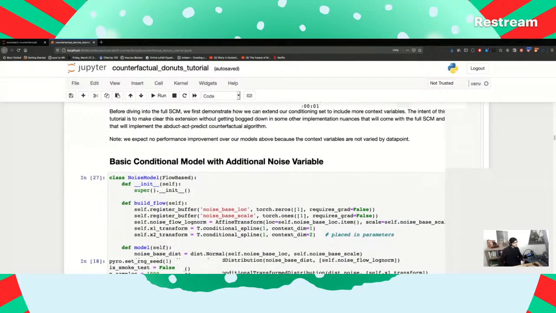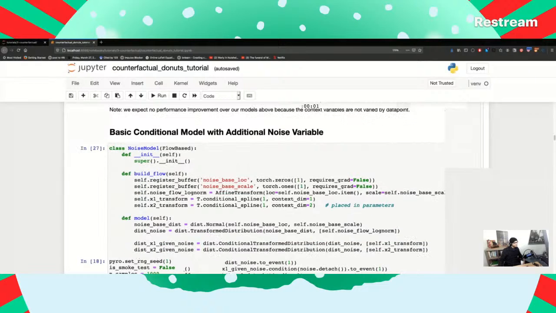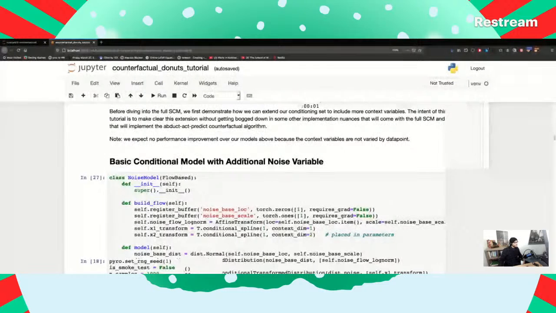Though we expect no performance improvement over our models because the context variables are not varied by data point. Don't know what that means, but let's see.